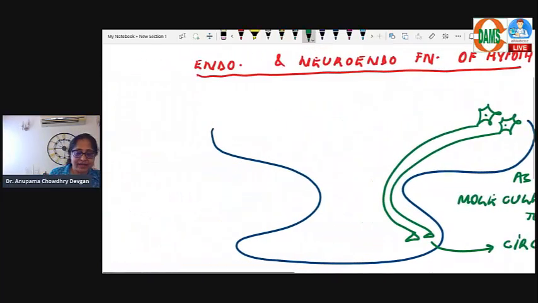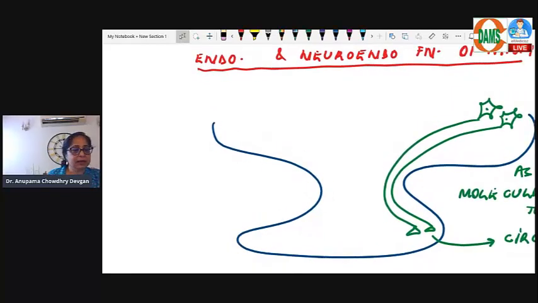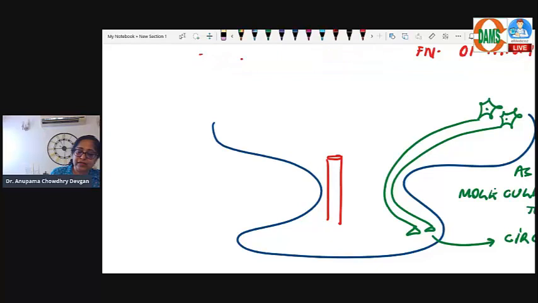Now let's see what happens in the case of the anterior pituitary hormones. As far as anterior pituitary hormones are concerned, they are under the control of releasing and inhibiting hormones from the hypothalamus. These releasing and inhibiting hormones enter into